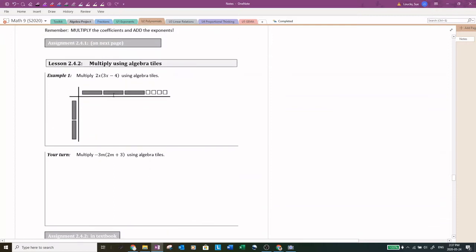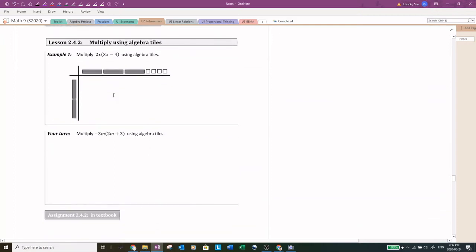All right, let's take a look at multiplying a monomial, 2x, by a polynomial, which is 3x minus 4. And so you see on this side we have 2 x's, and here we have 3 x's and 4 negative 1s, sorry, so that's 3x minus 4. And we can use the same technique of drawing all these little dotted lines